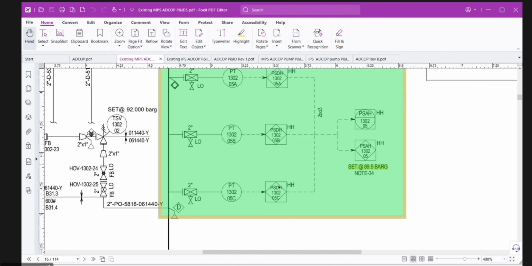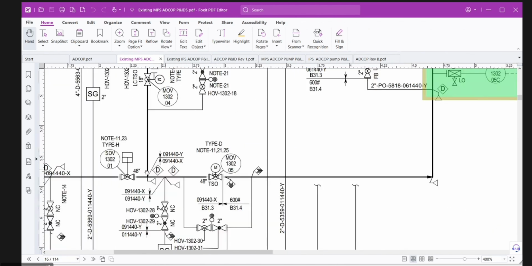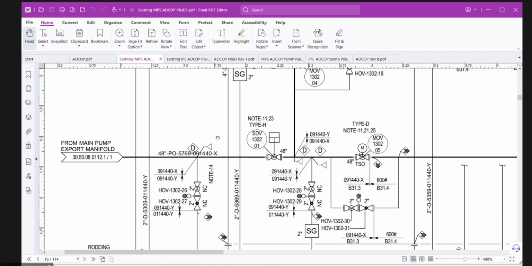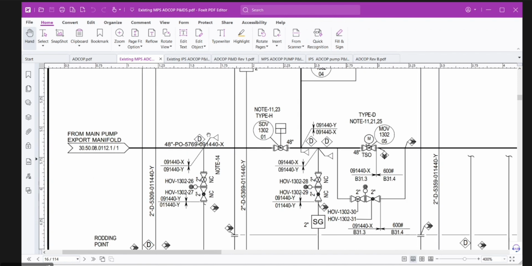But the problem in this section, if the MOV is here and this shutdown valve is closed, this upstream line related to high pressure was not designed for it. But for that we have added in the suction line. Where is the pipe rupture? The spec break is after this MOV, right? 900 and 600. Yes, so I think up to 900 it will withstand the pump maximum shut-off pressure. No, after calculation the pressure will exceed 900, because the shut-off pressure of the existing pump is more than 900.